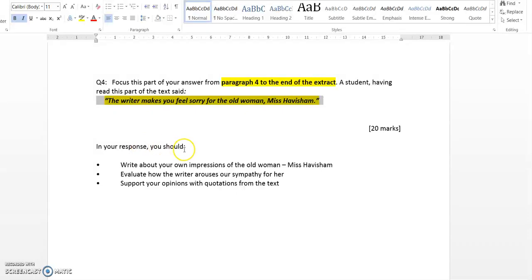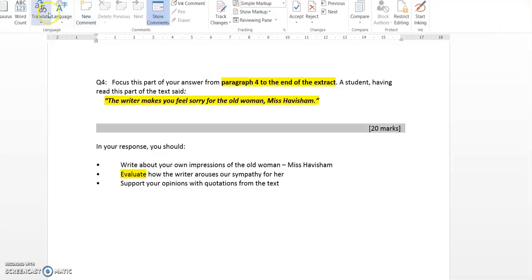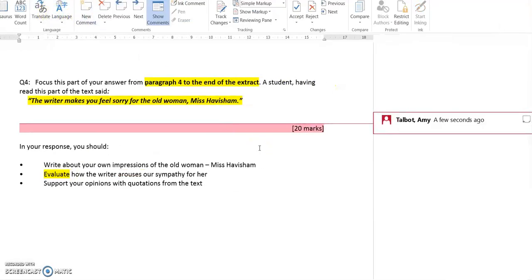Okay, so in your response you should write about your own impressions of the old woman, Miss Havisham. Evaluate how the writer arouses our sympathy for her. So sympathy is another way of saying feeling sorry for her. Arouses is a word that says how does it make you. And then that keyword evaluate, I'll go back to that in a second. And as always, support your opinions with quotations from the text. Now for this question you have 20 marks available, and that means you will probably spend around 20 minutes answering